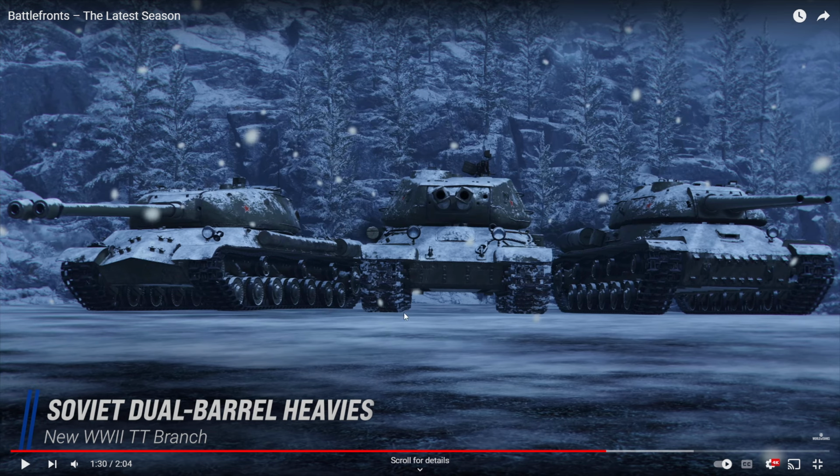They branch off KB3, and then this is IS2, the tier 8 double barrel, IS3 tier 9 double barrel, and STI2 tier 10 double barrel. They didn't really change a lot, or didn't really buff the reload for the premium, say, Object 703 double barrel tank. So I think these tank stats will more or less be the same for the tech tree as well,